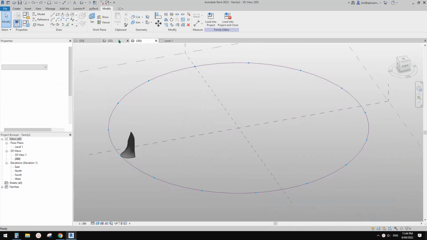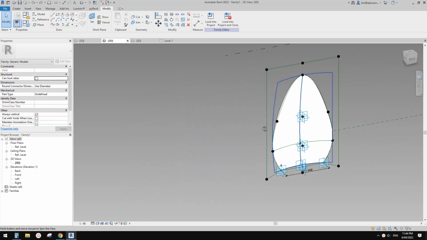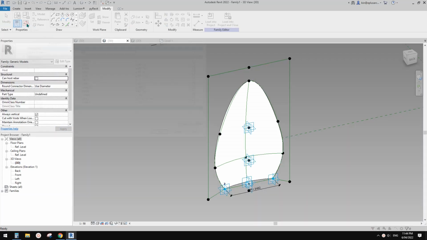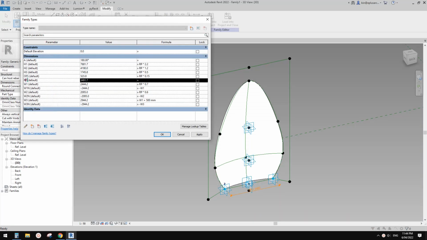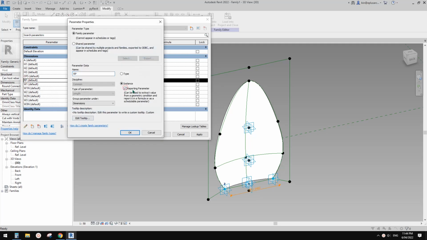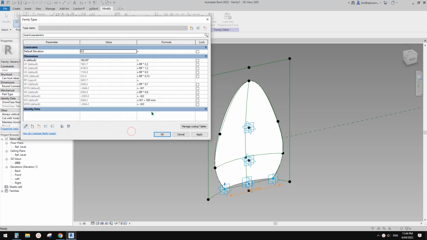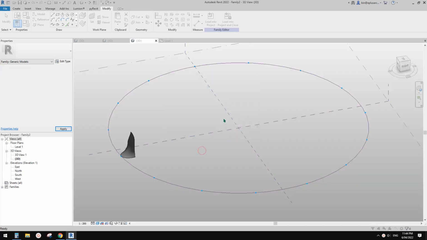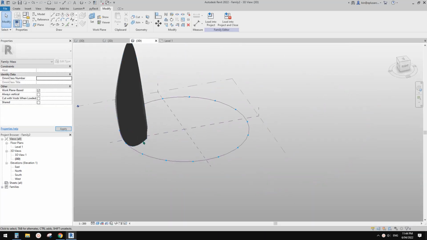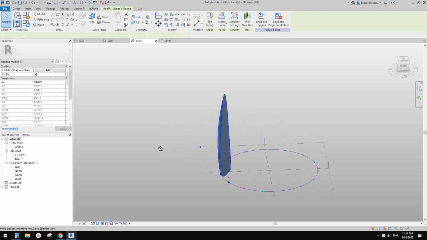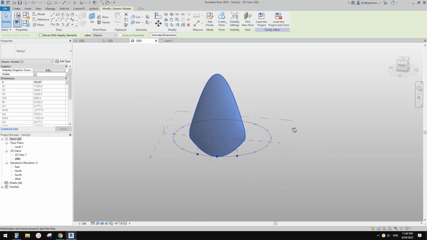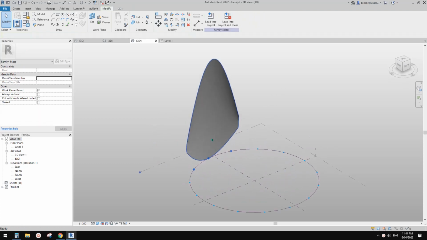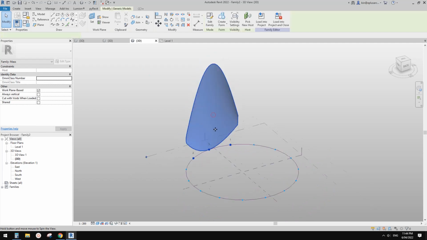Okay, I've worked it out. The reason why this is happening is because when I tried to create a reporting parameter, I forgot to check this box. Once we check this box and then load this back into here, you will see it will automatically match the size, but the shape of this is not quite right. So I'm not quite sure, but